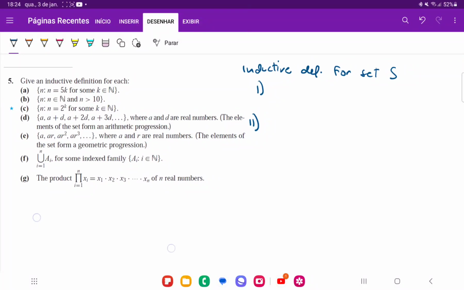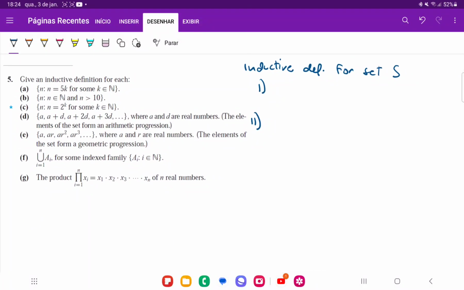Okay, so for the sets here, we want to give an inductive definition for each of them. An inductive definition for set S needs to have two elements. The first element, we need to state the first element of S. So that's the first part. And the second is